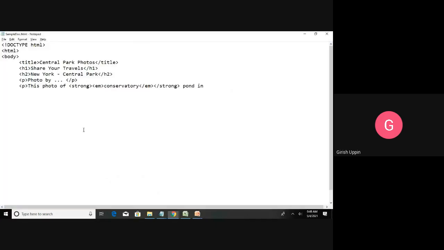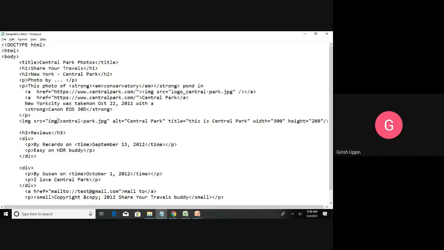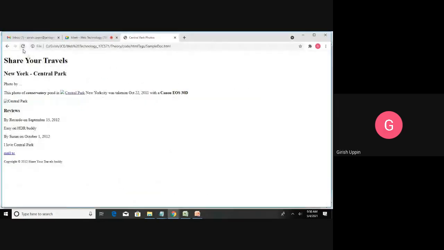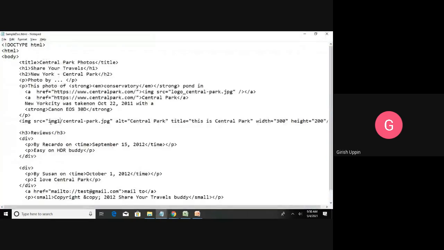And let us say this particular image is not available for some reason. What you see is the text which is coming from the ALT, because what I did was I gave the folder name as img1. I don't have the img1, so it is not able to find this particular resource.